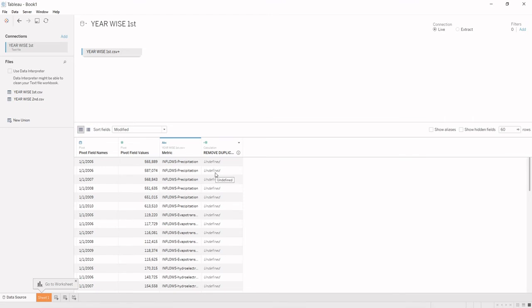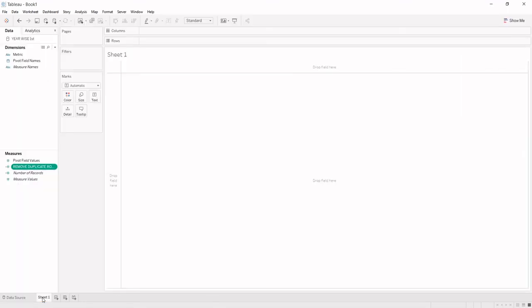So for checking whether it is removing any duplicate value or not, we need to go into the visualization panel. The clear point is that we are creating the remove duplicate rows field in the data source panel, but it removes the values during analysis, during visualization.